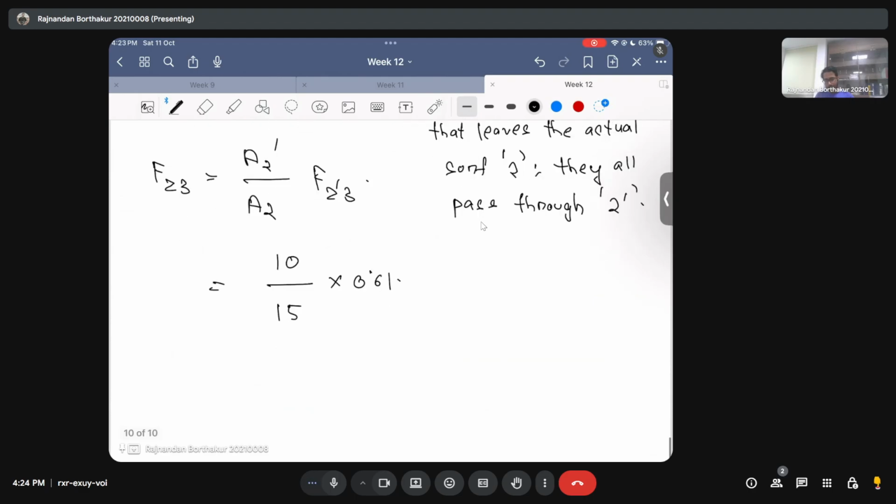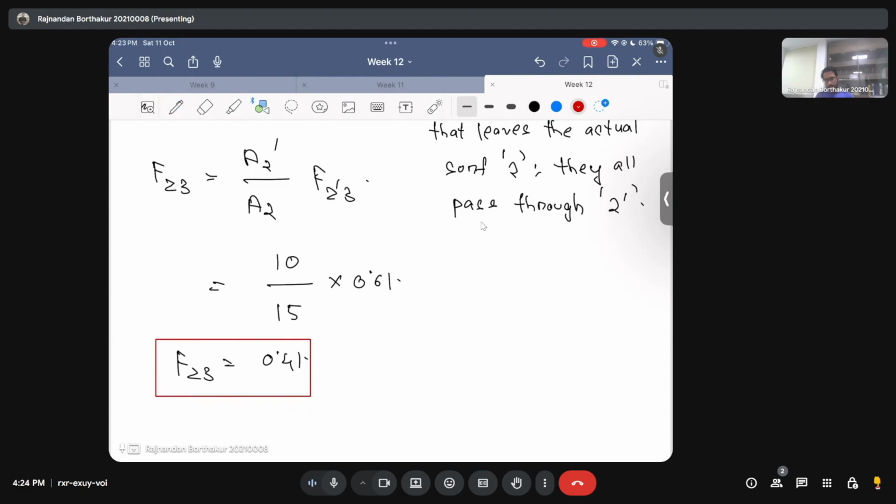So my F23, the fraction of radiation that leaves the absorber that strikes the surrounding, is going to be equal to 0.41 if you just calculate this multiplication. So that's it. We have now reached the actual F23